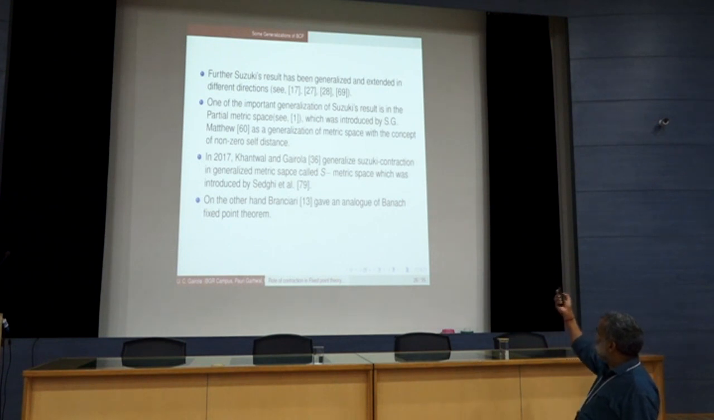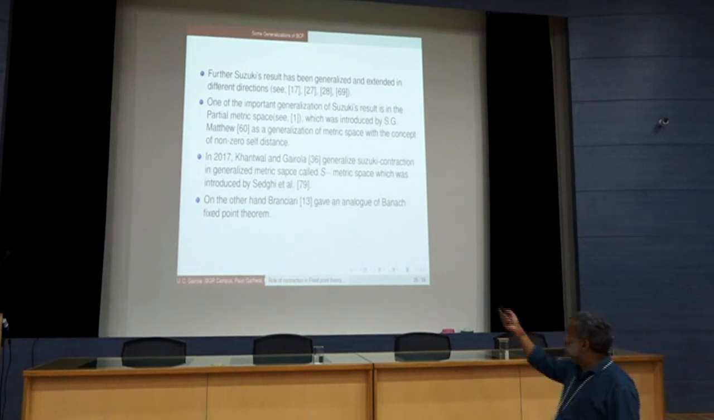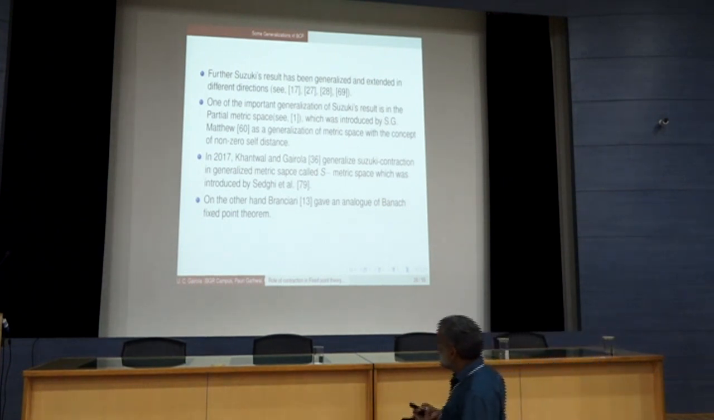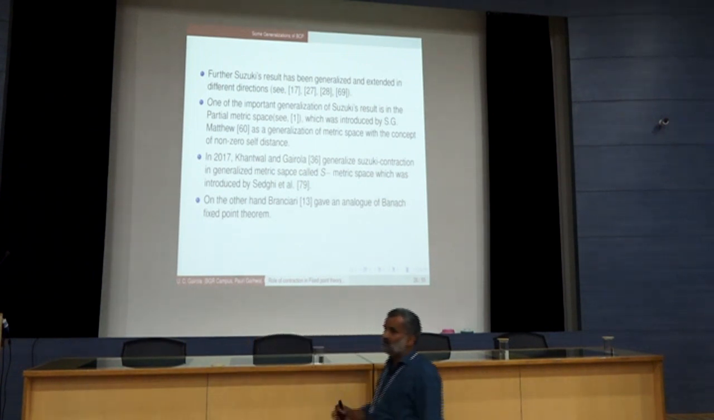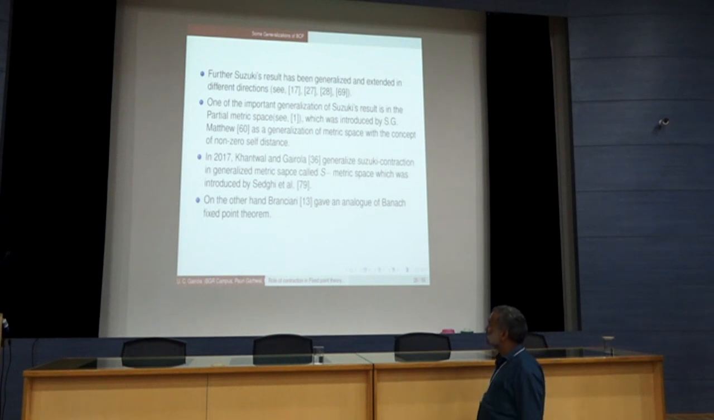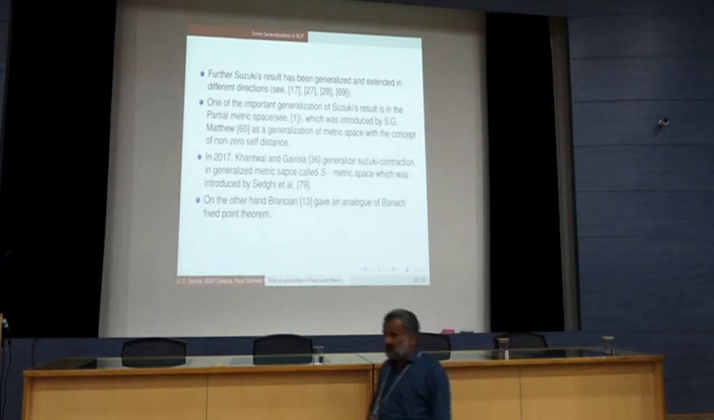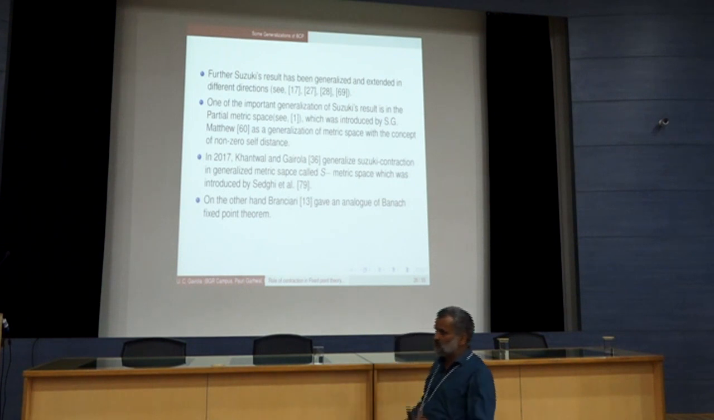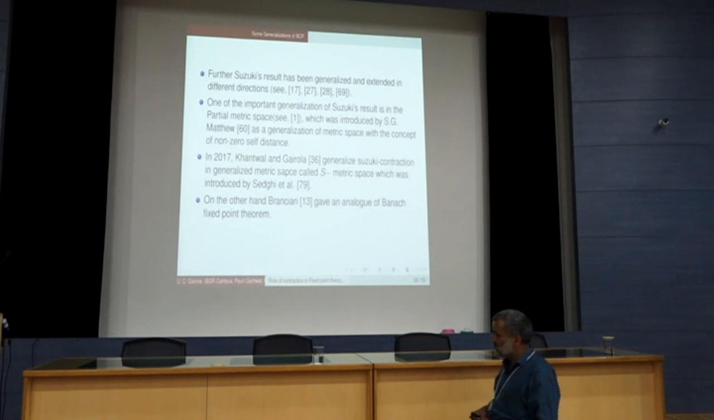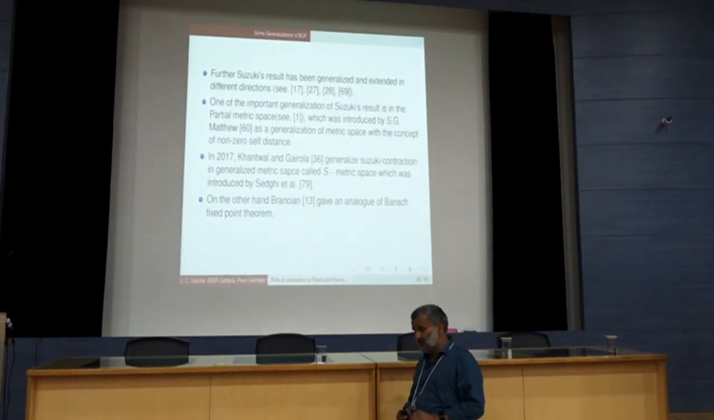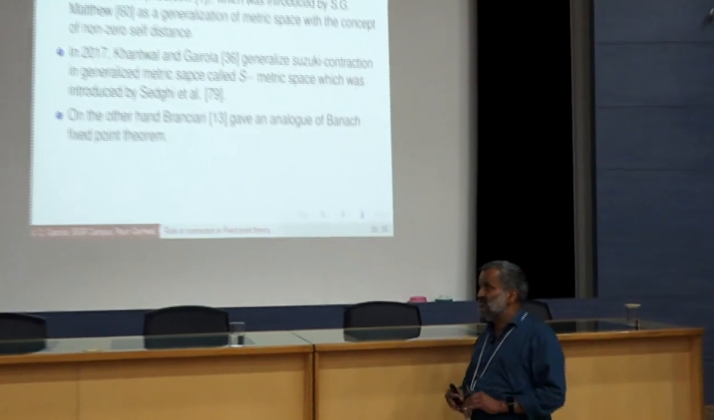One of the important generalizations of Suzuki's result is from S.G. Matthews, who gave a generalization of metric space. After that, Matthews also gave a new space called the partial metric space. Generally we think that the distance between two points is equal to 0 when x is equal to y. But in partial metric space you assume that even if the points coincide, their distance is not equal to 0. So using that concept he gave a new space called the partial metric space, and